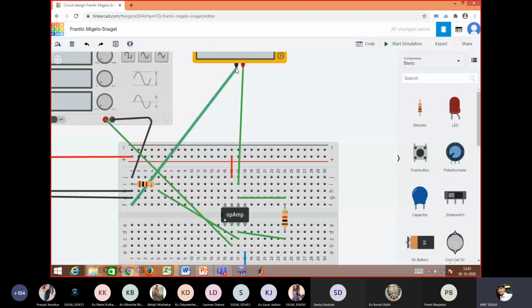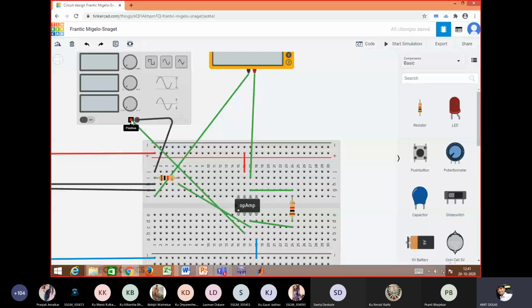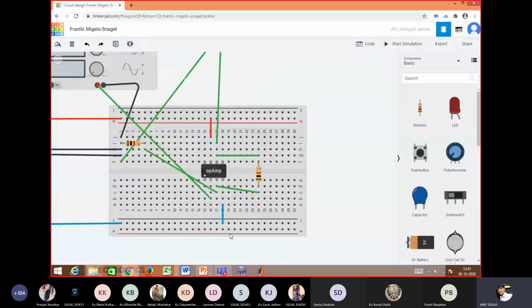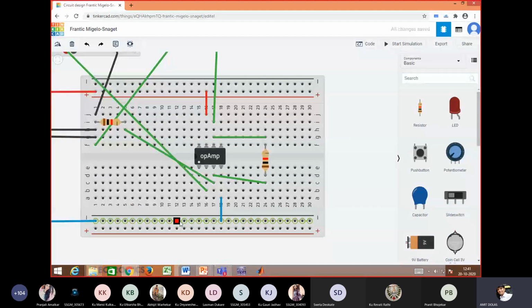Positive and negative, positive. It is not open circuit anywhere. Everything is connected.